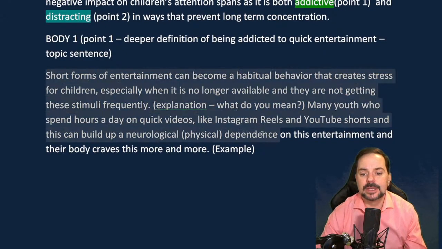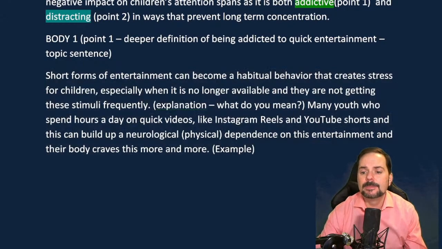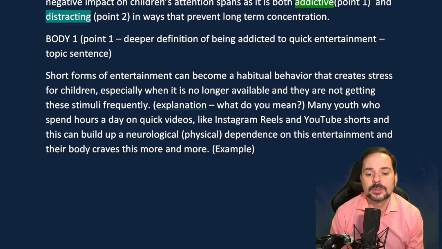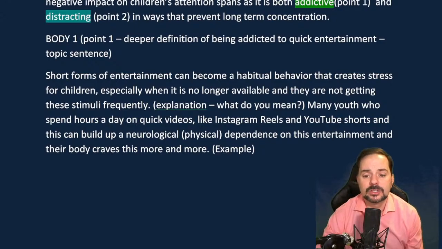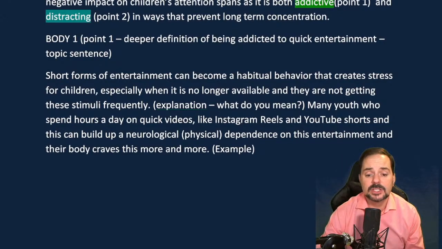So when I'm looking at this, and this is why it's really good to look back at the original question, I'm actually missing something from this. What am I missing? Okay, while you're thinking about that, I'm going to read Paulo's writing. So Paulo writes, it is quite easy to become addicted to short forms of entertainment when people have instant access to all this type of content. Because this type of content releases lots of good neurotransmitters. Youngsters tend to spend more and more time consuming quick videos, memes, and messages, and this becomes a serious need for their minds and bodies. Okay, very nice, Paulo. Very nice writing.